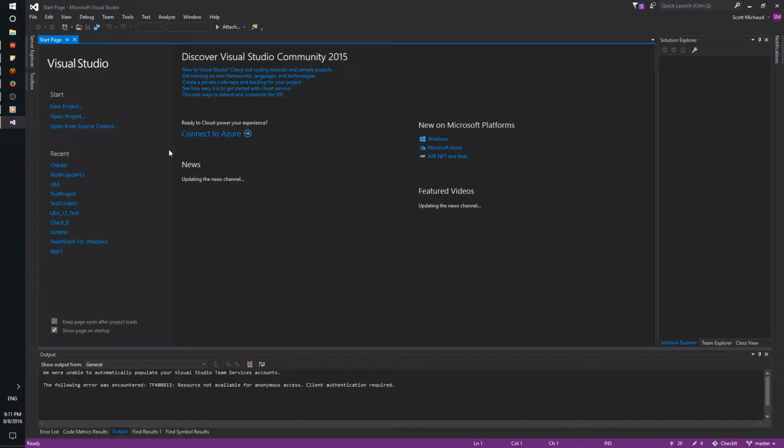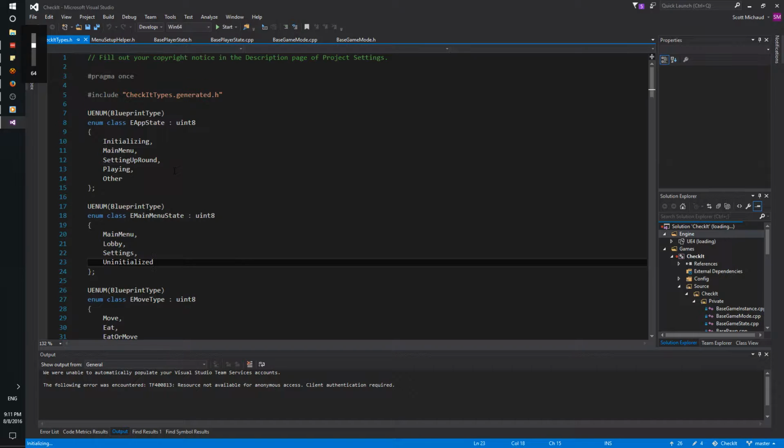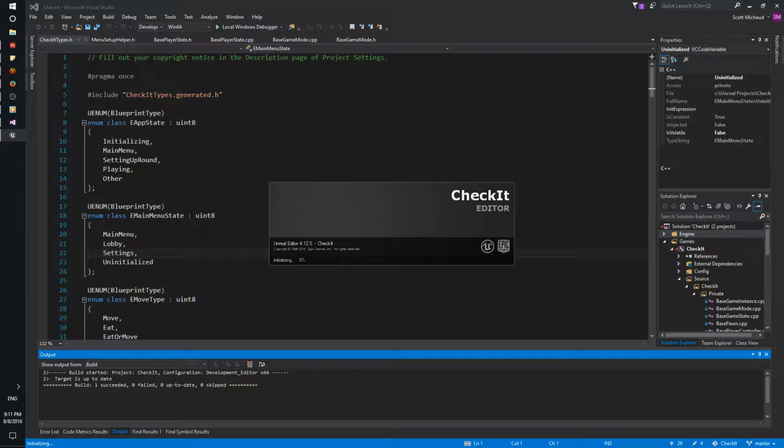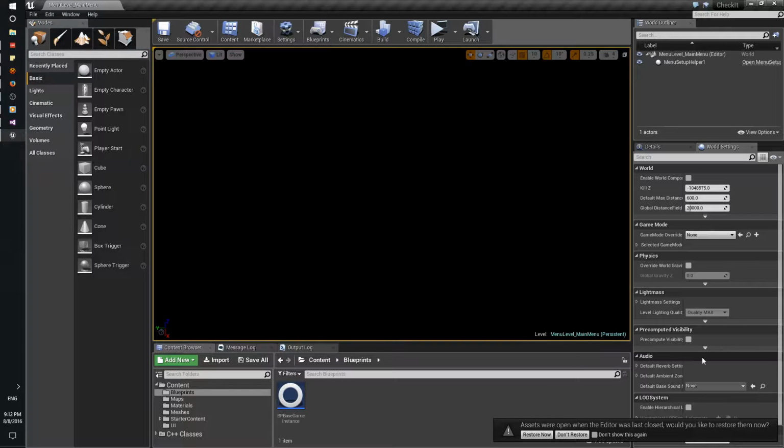So last time we were working on the main menu, changing how it was modified. We ended up having a widget that handles everything. And it seems like we're going to have a bit of a problem with the internal lobby screen, because as we see here,